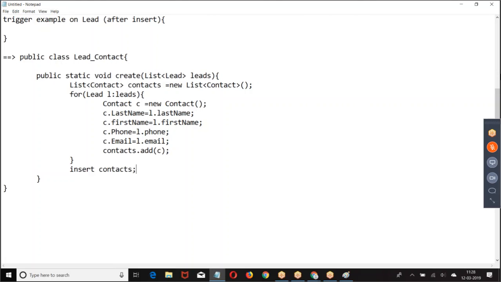Then call this within the trigger. Call this within the trigger. Everyone is comfortable with this? Don't copy, boss. Make an attempt of writing it.